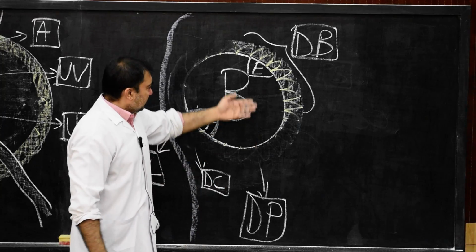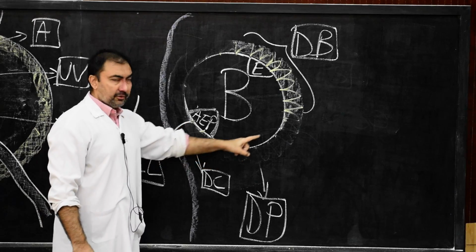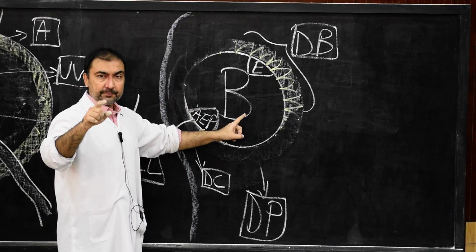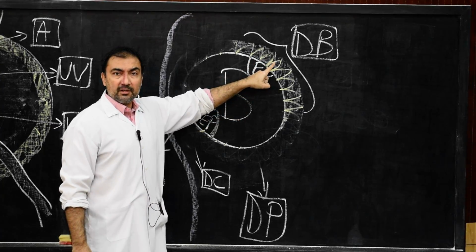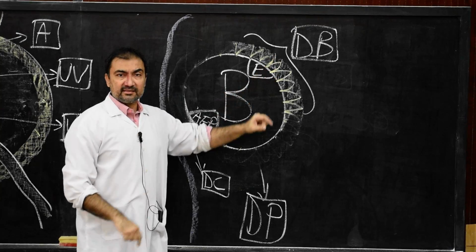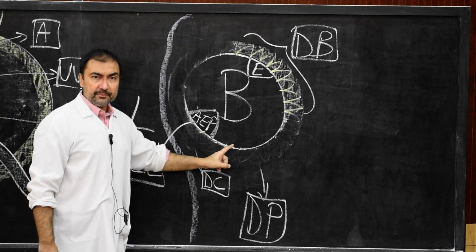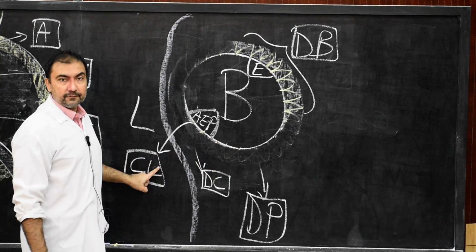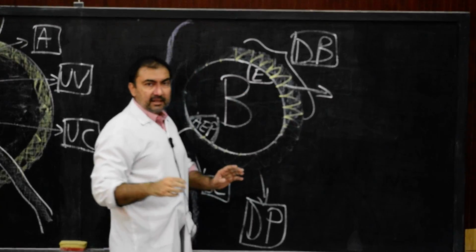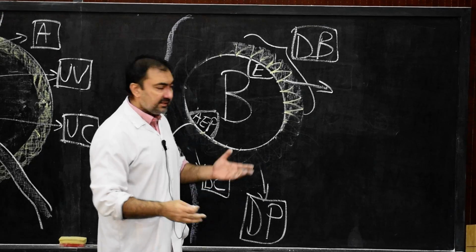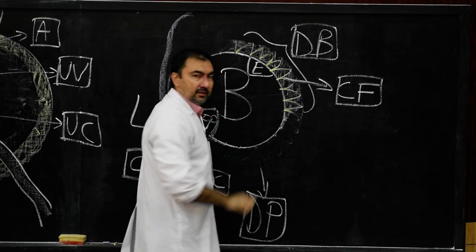So therefore, these tertiary villi which are called chorionic villi will disappear from the ab-embryonic pole. Only those portions of the chorionic villi will remain which are attached to the embryonic pole, that is in decidua basalis. The portion of the chorionic villi which have disappeared from the ab-embryonic pole will be known as chorion leaf. And this portion where the chorionic villi are persisting, remaining in decidua basalis, is known as chorion frondosum. Please note down, chorion frondosum.